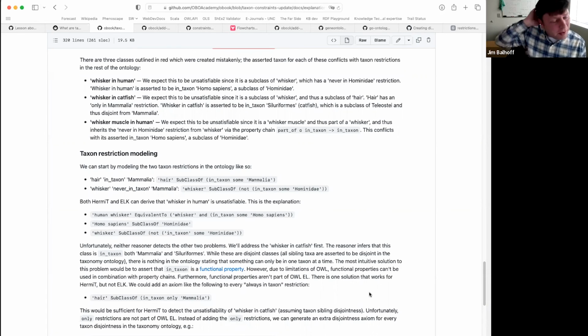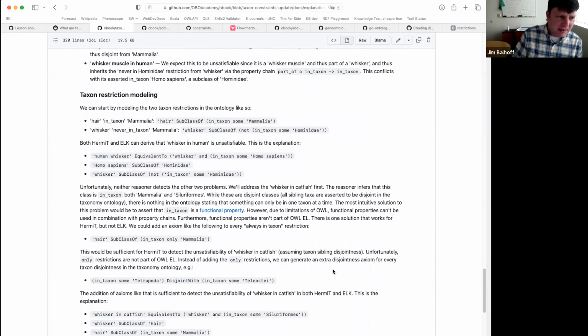Or they aren't really using OWL like this, so they'll just look at GO Plus, and they'll just see the taxon constraints that we assert in there. They don't really realize all the ones that come from Uberon, because that only happens when you have all this logic set up and you're using an OWL reasoner. And so